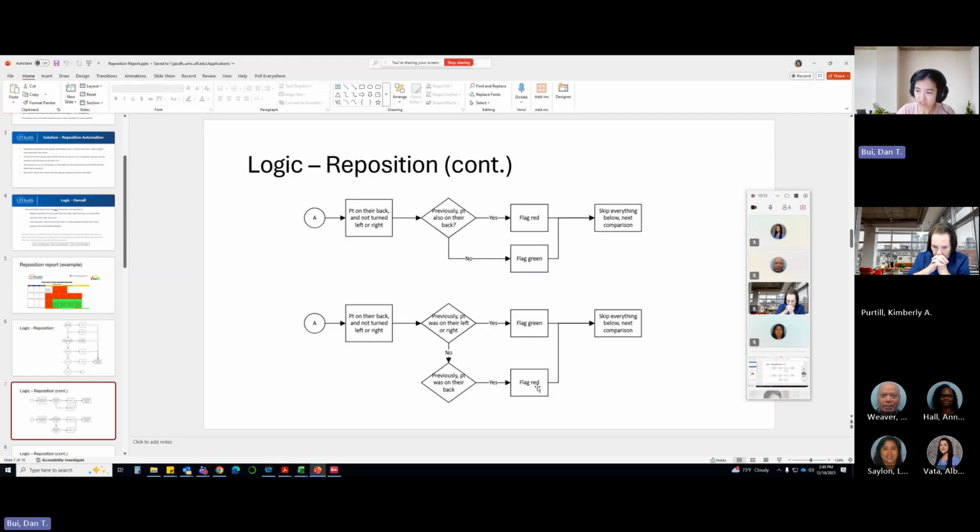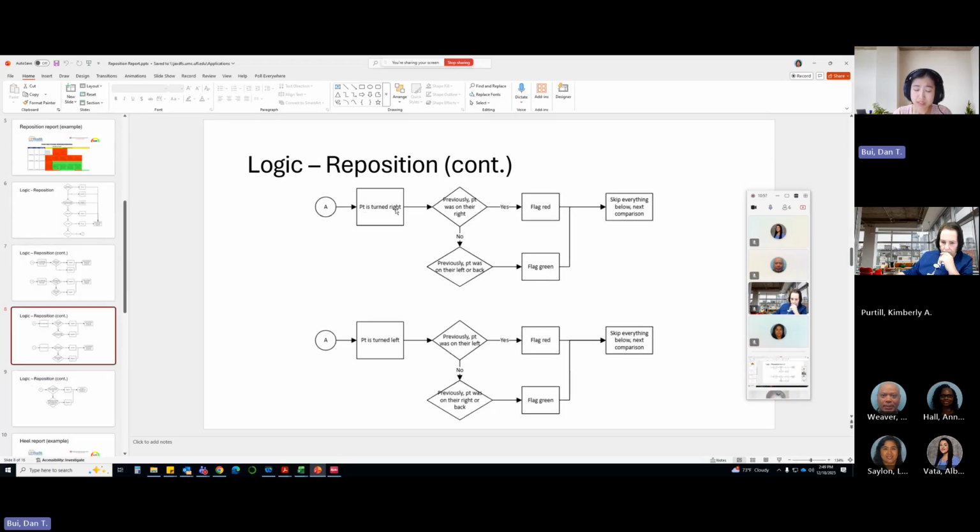Now I have a question for CQNL. If I see a patient turned right and being in a supine position, I would automatically flag that as red, because supine to me is on their back. They can't be on their back and on their right. If they were on their right in a semi-Fowler position, that would make sense because it's just a bad angle. So would you agree with that, or is that not something you would agree with? You're right. It would make sense. Yes. Thank you. And then keep going with the logic.